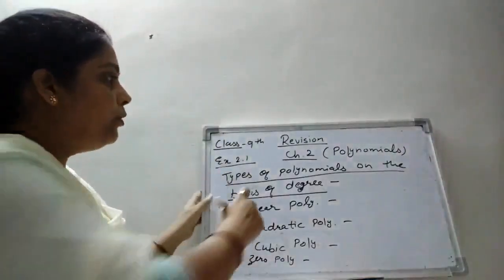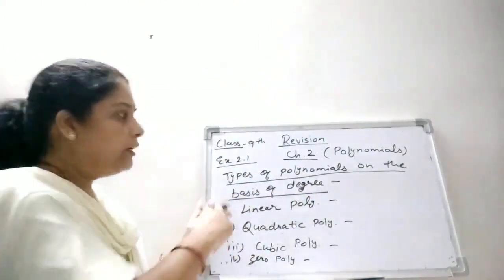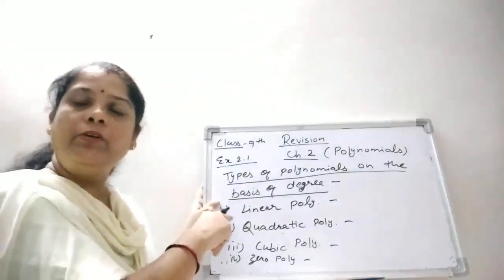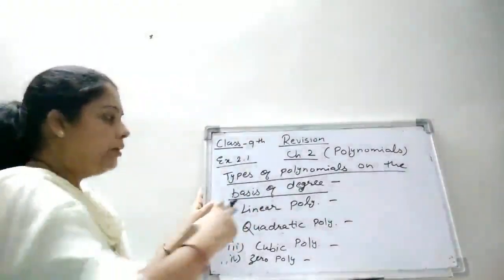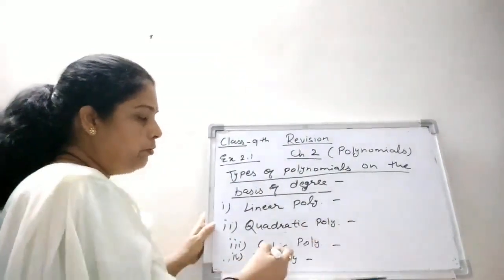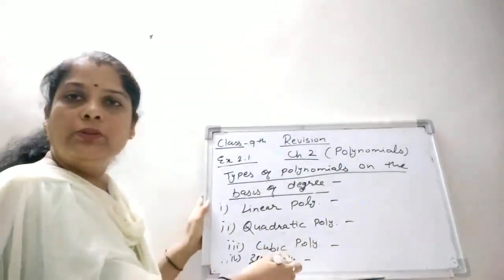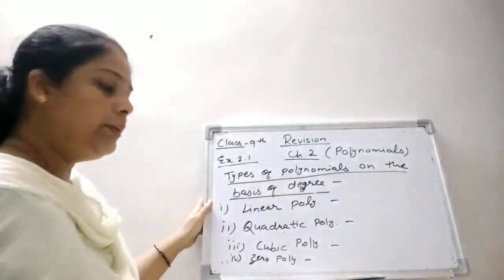Now types of polynomial on the basis of degree. We have discussed types of polynomial on the basis of terms, that is monomial, binomial and trinomial. Now on the basis of degree, there are linear polynomial, quadratic polynomial, cubic polynomial and zero polynomial. Now linear polynomial. Linear polynomial means degree